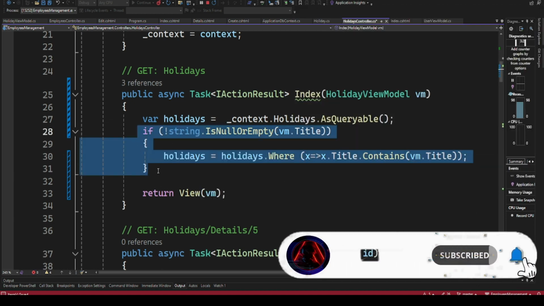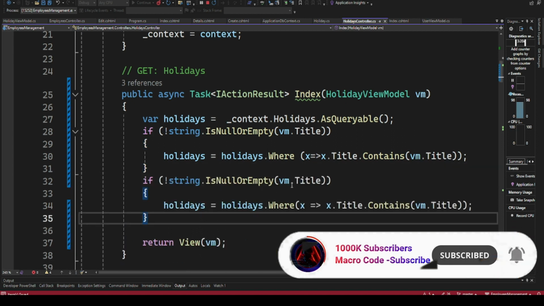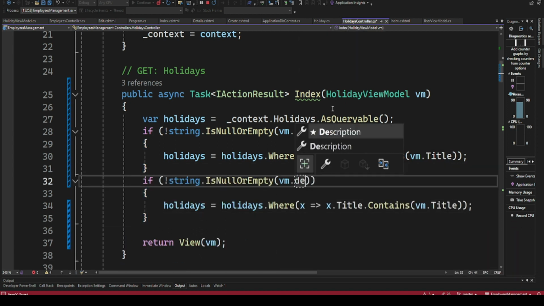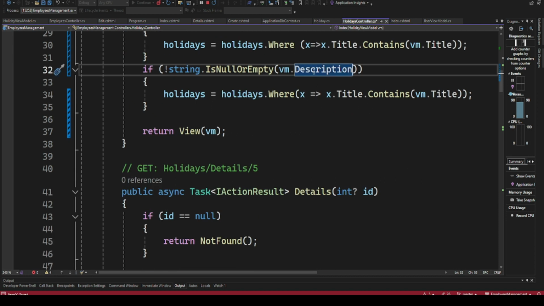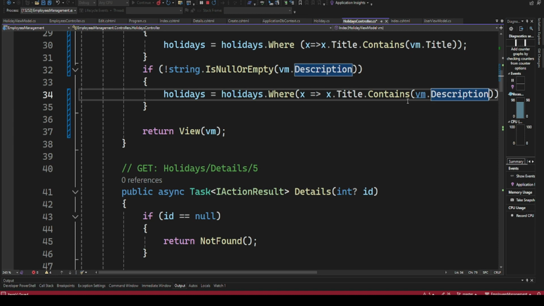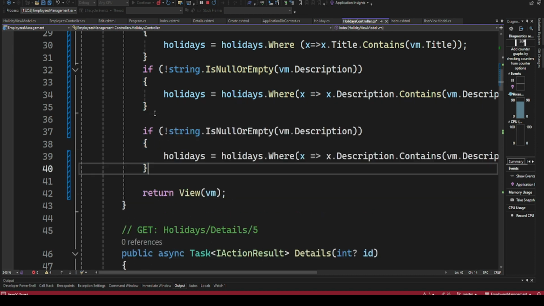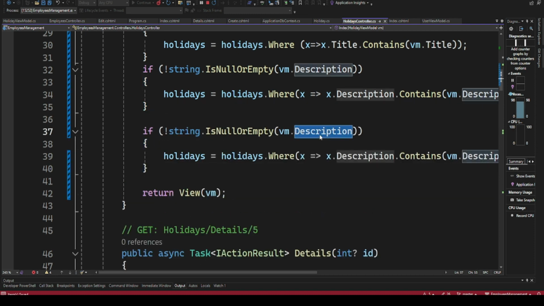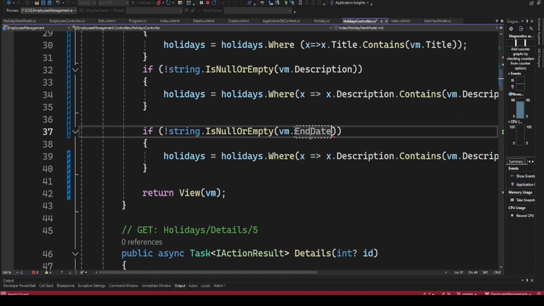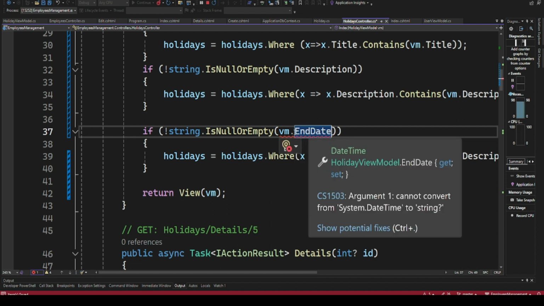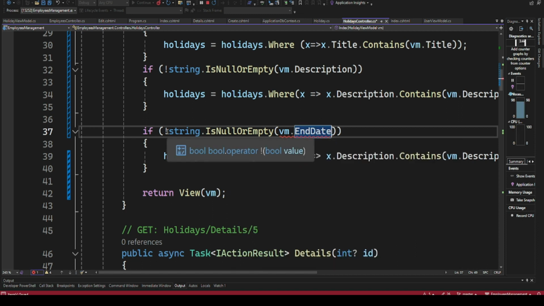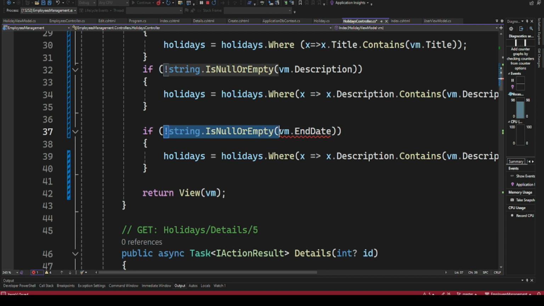So you can do the same thing here. We also check our description. If it's not null, then we do the same thing here. So here we are checking description. You can also check date. So here we say date, check end date. Here we can now check if vm.date